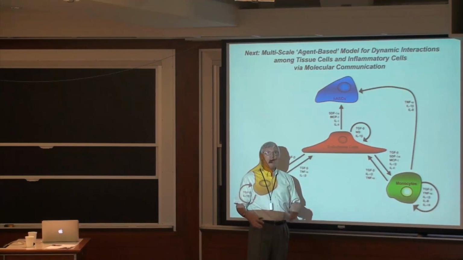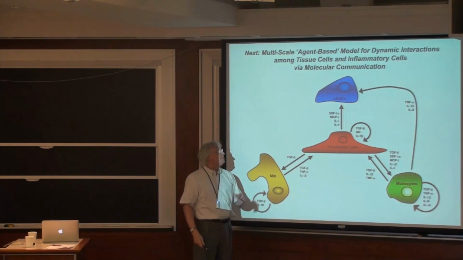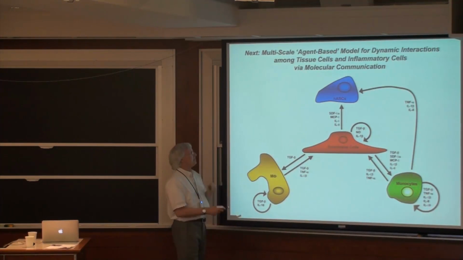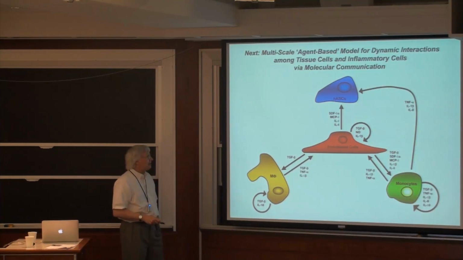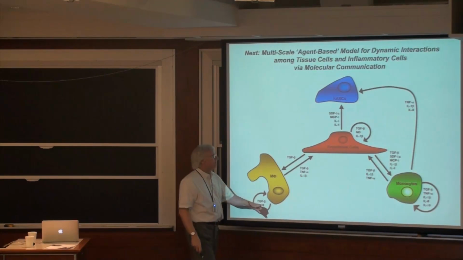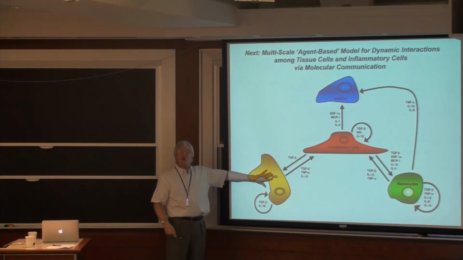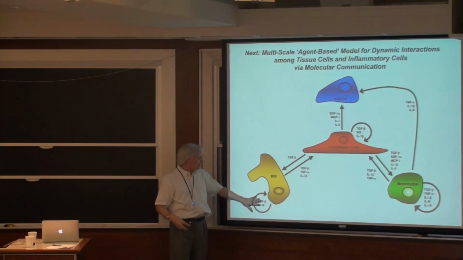You need that. But if you're going to do this in tissue, you need it for all these cell types. So if I wanted to have a model like this that has something to do with vascularization and stem cells and how they're affected by monocytes and macrophages, what I need to know is, for any given cell type, when it's got stimuli in its environment, what's it going to do? Is it going to die, proliferate, secrete cytokines? When it does,